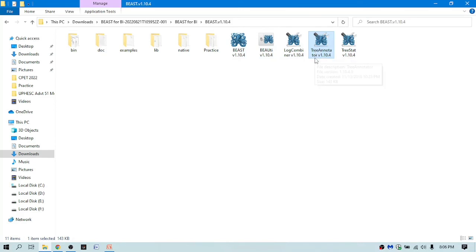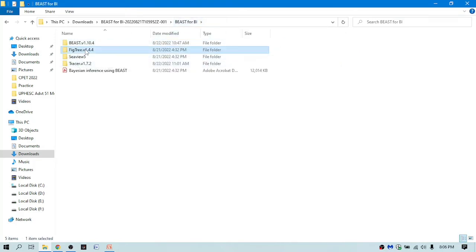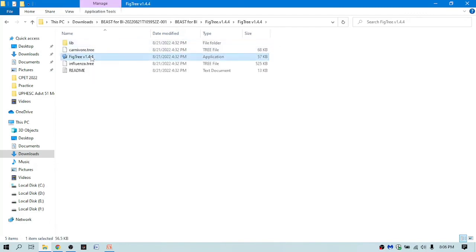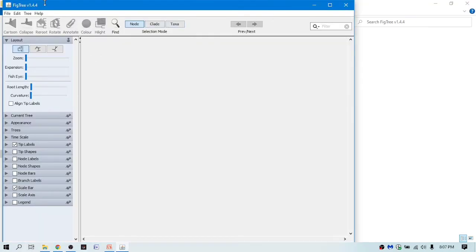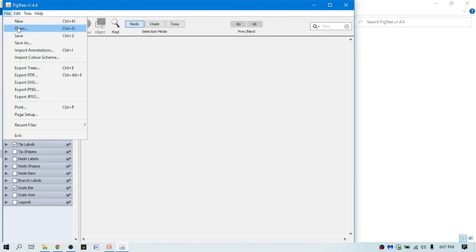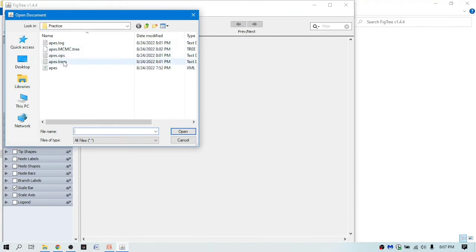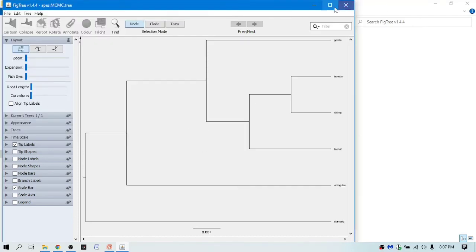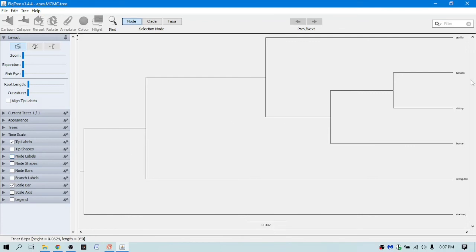But everything is fine as we have seen in Tracer. So now the generated tree file from TreeAnnotator, we will be using our FigTree, which is the tree drawing program. Here is a FigTree application. Open that thing, and now you can see your generated tree file. Here File, okay, Open, and you will have to open the tree file, not trees. Okay, the trees file was used in TreeAnnotator, and this is the output file of the TreeAnnotator. So you will have to open the tree file, and here is the nice tree, but here you can see it is only the relationship is given,